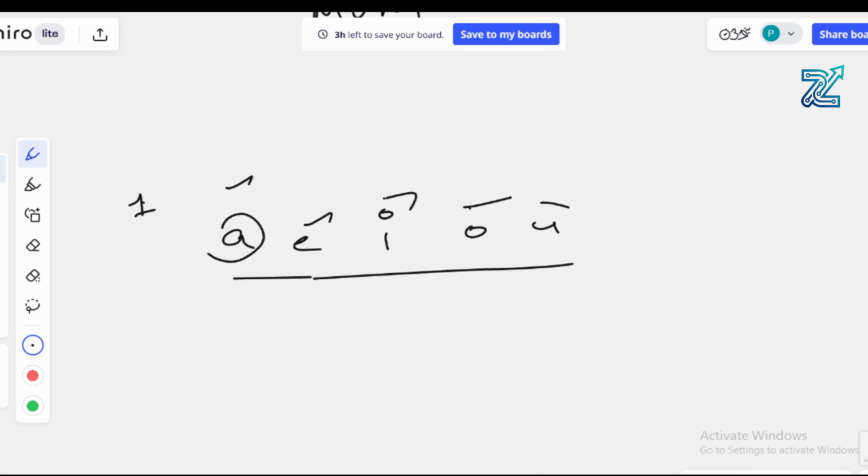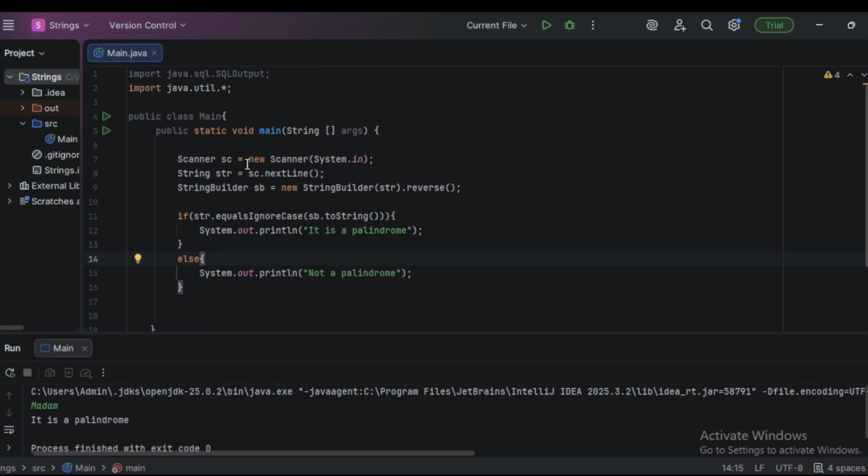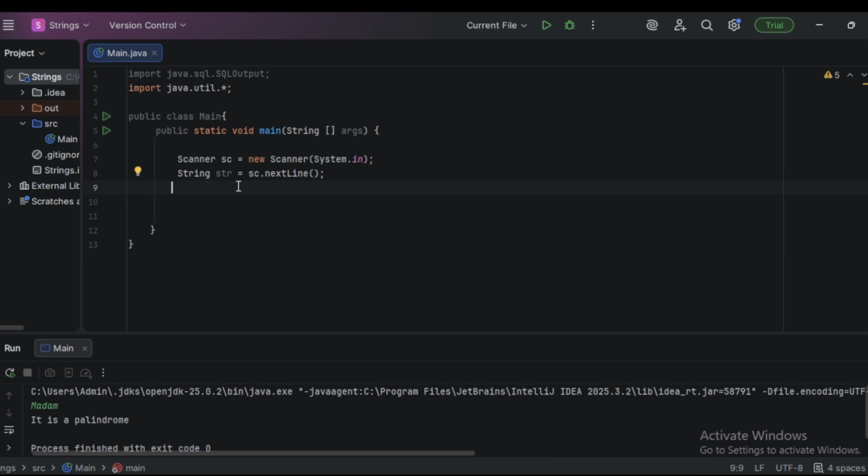These are all vowels. So for that, let us try to code here. We got the input from here. After getting the input,